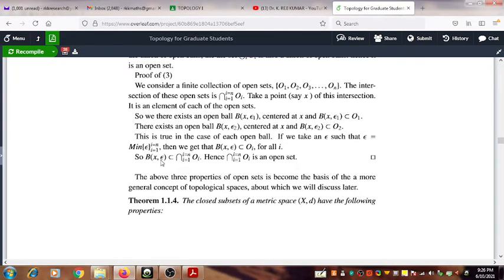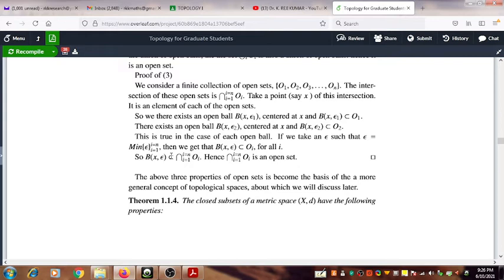This argument can be applied in the case of the second open set O2. In that case, we can find a different positive real value, epsilon 2, such that the open ball B(x, epsilon 2) is centered at x and is a subset of O2. A similar argument can be applied to every open set up to the last open set On. In each case we get an open ball and a real number: epsilon 1, epsilon 2,